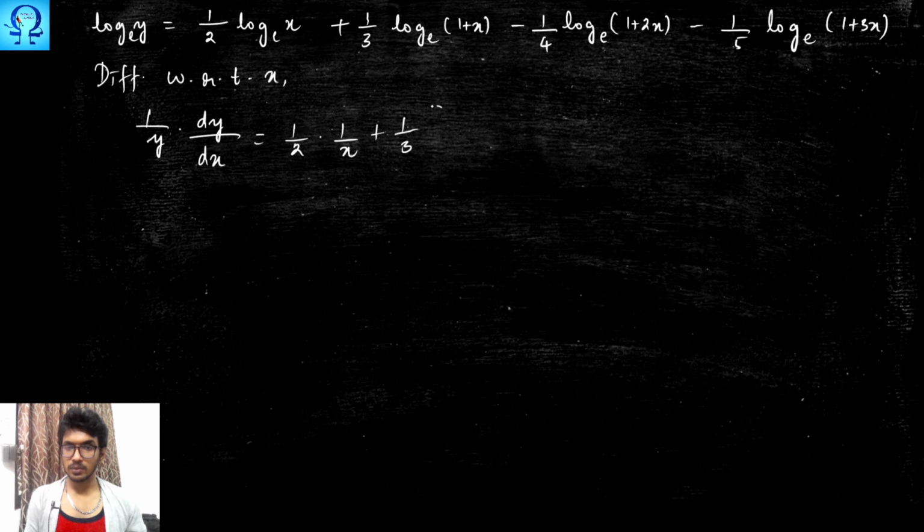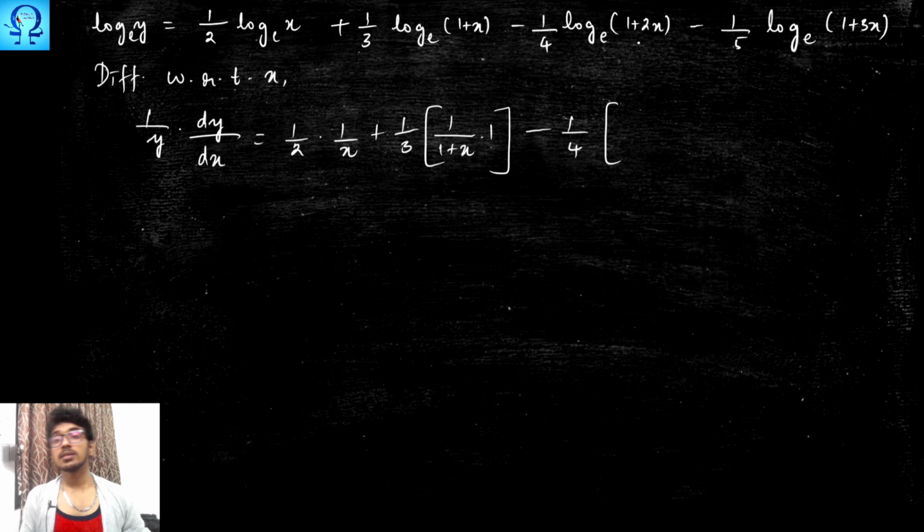You have 1/3, which is a scalar, and when you differentiate this, in the place of x you have 1 plus x. Here also we will have to make use of the chain rule. The chain rule tells you what? Just imagine you have x here, differentiate, so you will get it as it is. Now differentiate this 1 plus x, that gives you 1, okay, minus 1/4, which is a constant, and differentiate this as if you have x there. So 1/(1 plus 2x), and when you differentiate 1 plus 2x, you would get 2,